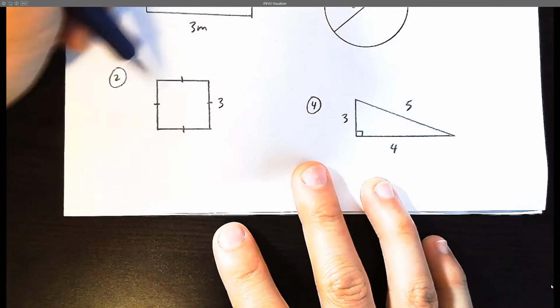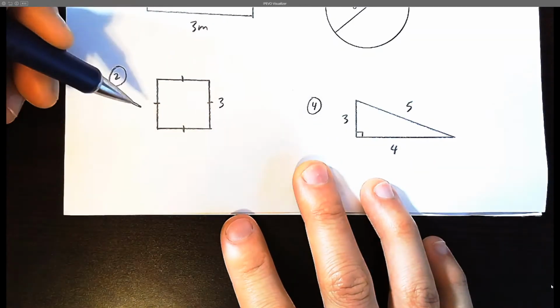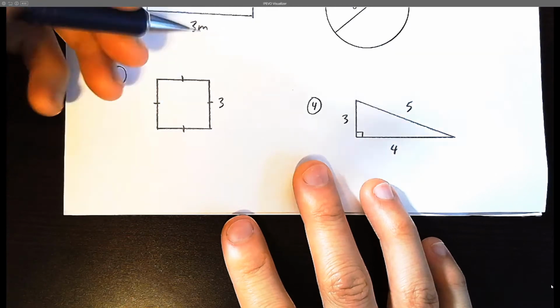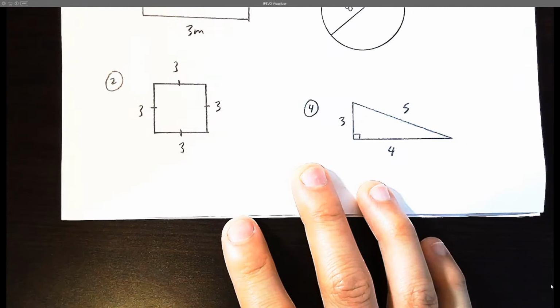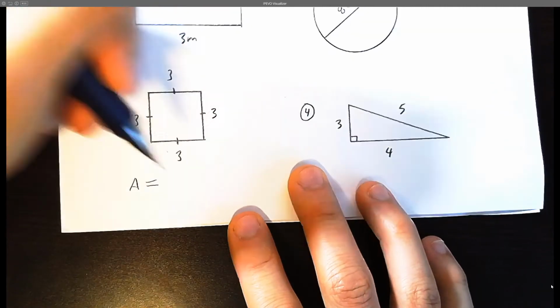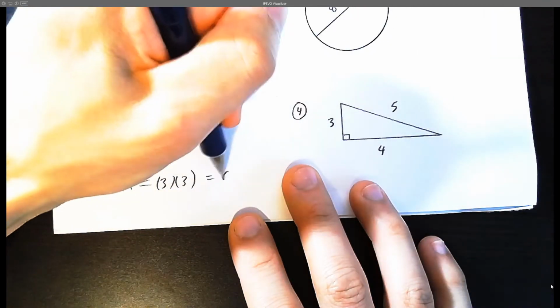Let's work on this square here. These little dashes mean that the square has 4 sides that are the same length. So we have 3, 3, 3, 3. And so the area would be 3 times 3. Area equals 3 times 3, which is going to be 9